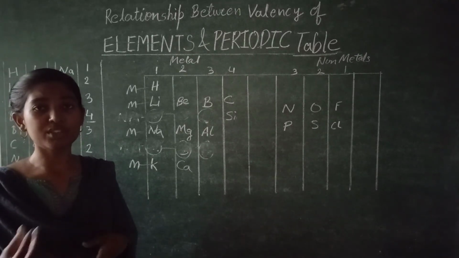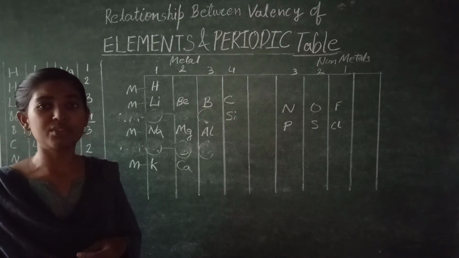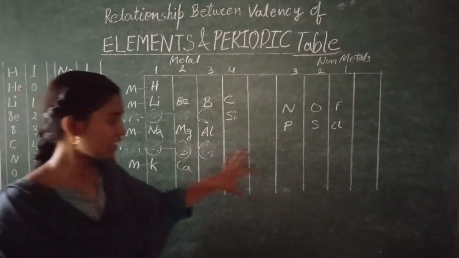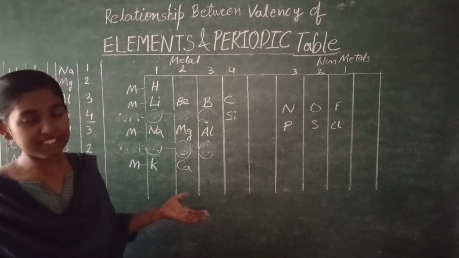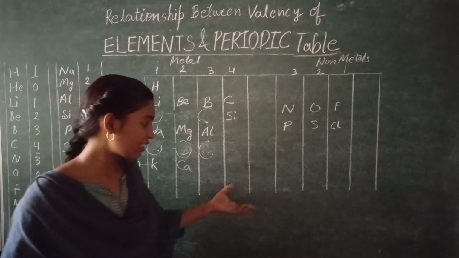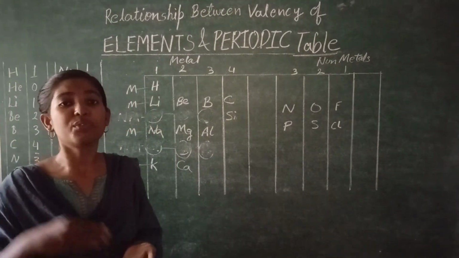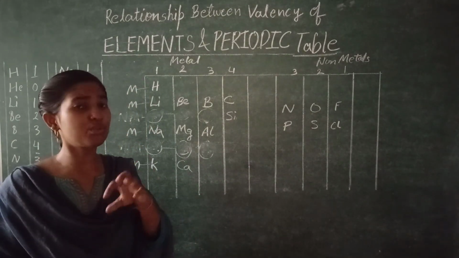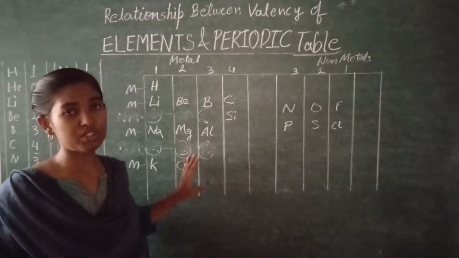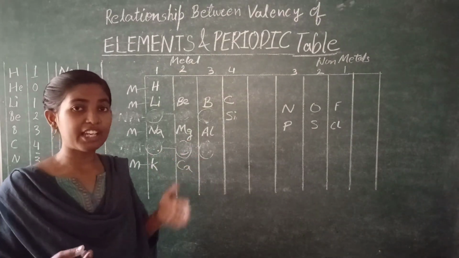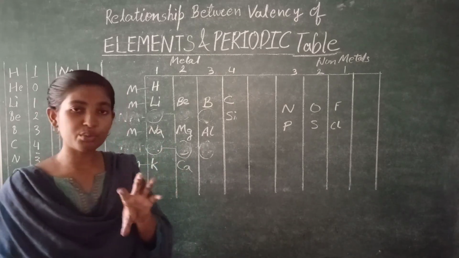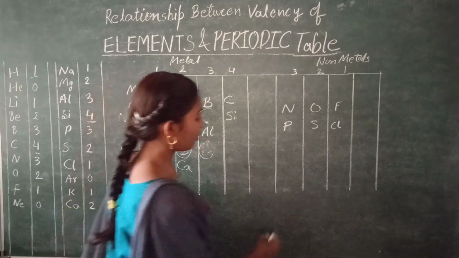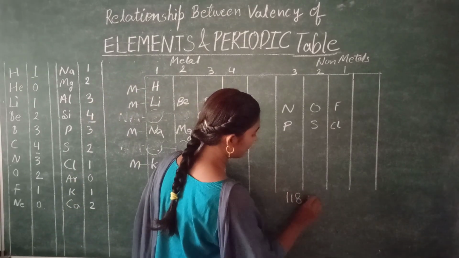There are some new elements also. Scientists are trying to find these new elements and keep them in this table. In this table, a few vacant spaces are also available, and the scientists say that when new elements are discovered, these spaces will be filled up. In the beginning, when this periodic table was first made, there were many vacant spaces. But as time passed, scientists discovered new elements and kept them in this table, and today we have a total of 118 elements.